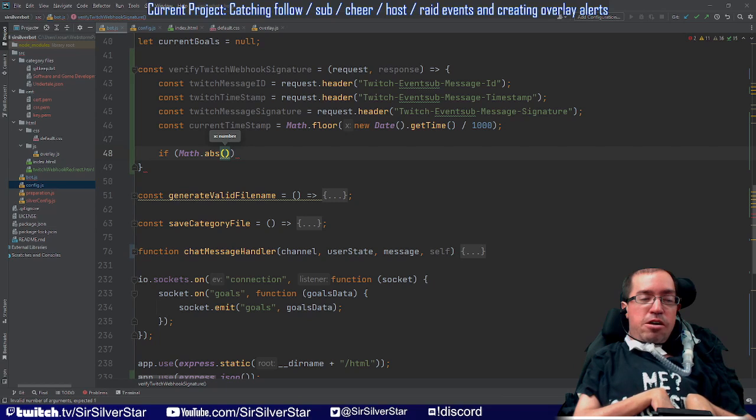If you end up getting a negative number, it's still going to return a positive result. And what we're going to do is say if the absolute value of the current timestamp minus the Twitch timestamp is greater than 600, meaning that this is more than 10 minutes old, then